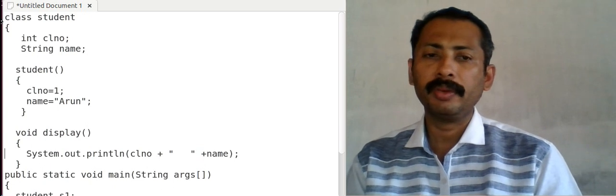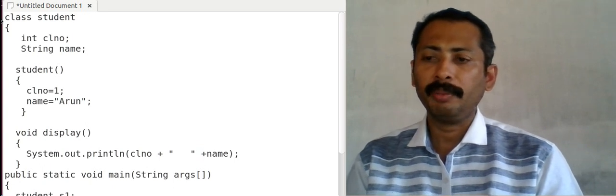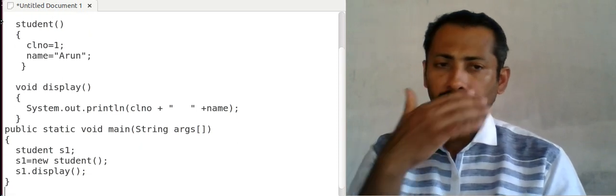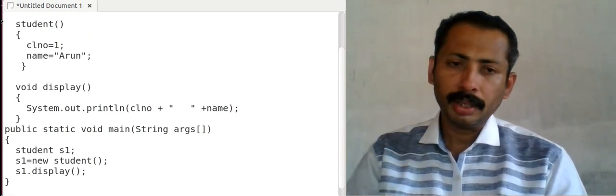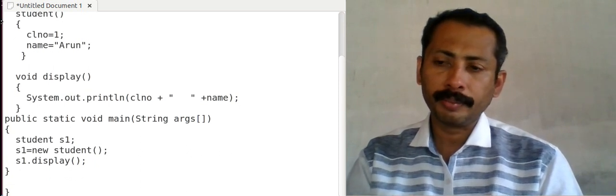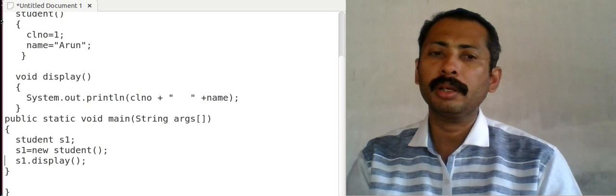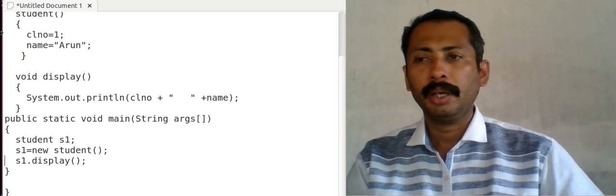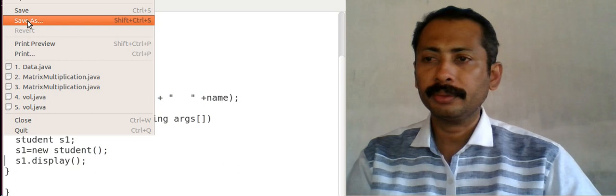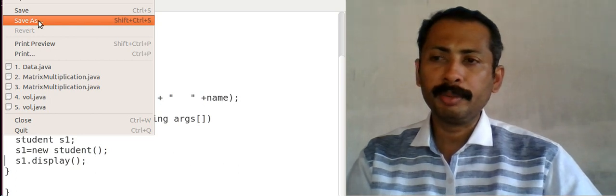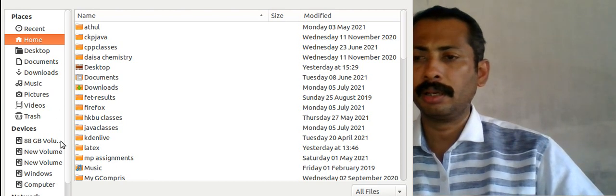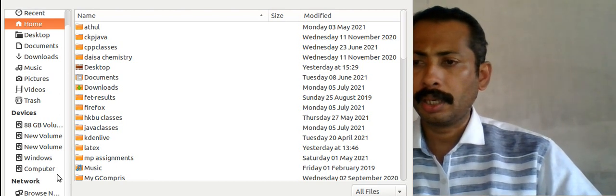Okay, then we have the main function. Inside the main function we are creating an object, and in the next step we are allocating memory to the object, and we are calling the display function. And I am saving this file to a folder, and the file name should be the same as the class name.